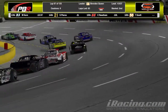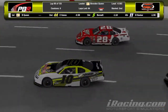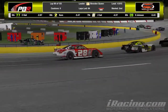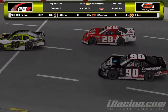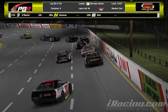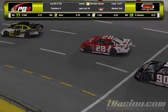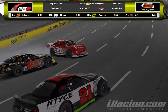Let's take a look back here really quick, as it looks like it was the 28 of Jesse Vaughn. Into the wall he went. Tries falling back in line here, side by side with the 90 of Craig Kinney. They're battling back and forth. May have gone a little bit too far here. Oh, and it was just a little bit of a tap from the 90 of Craig Kinney. Spins the 28 of Charlie Needham